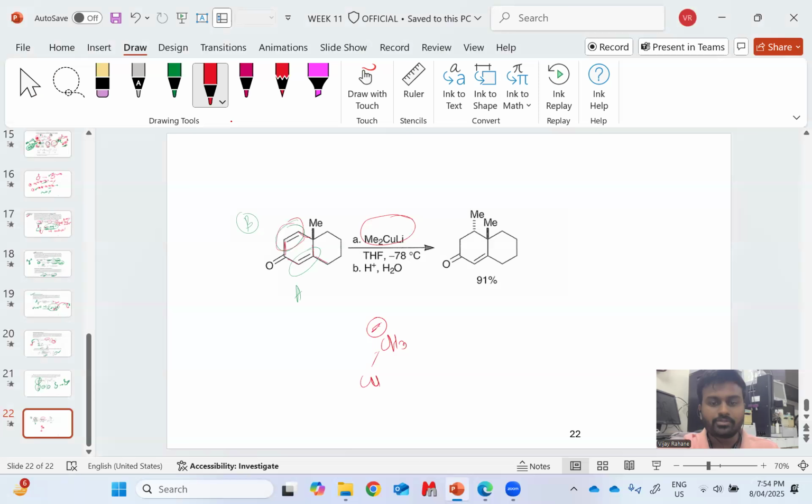so it takes place particularly only on this bond, not on this one. This is because of the hinderedness of this double bond. You can see this double bond is tertiary, and the B double bond is secondary. So this methyl group migrates and attacks on this carbon. Further, it involves conjugation and an in-between transition state. So if you draw that transition state,